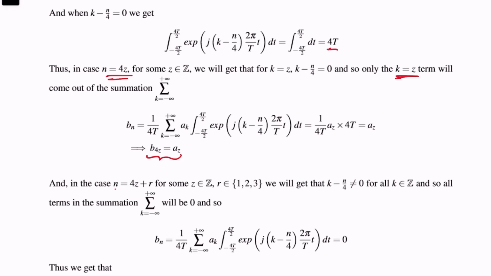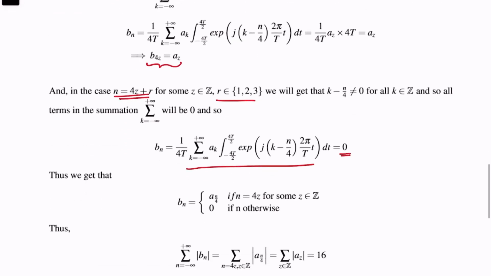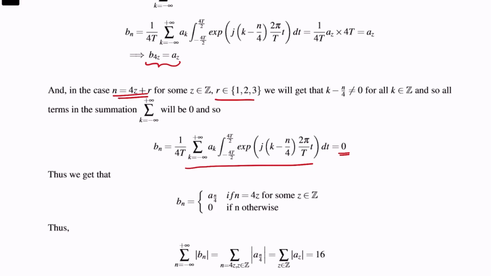And as you know, in the case where n is equal to 4z plus r, right, where r is either 1, that is 4z plus 1, 4z plus 2, 4z plus 3, any of these cases, we'll get that no terms come out of this summation. The summation is just equal to 0, right? So what we'll get for the coefficients of b_n is that b_n is equal to a_(n by 4) for n equal to 4z, and